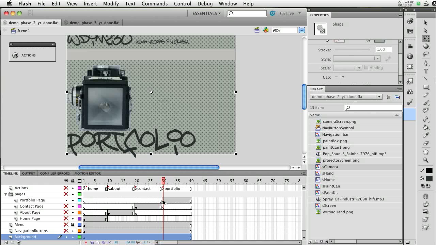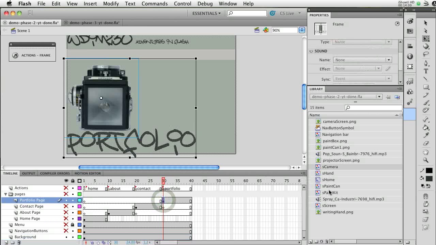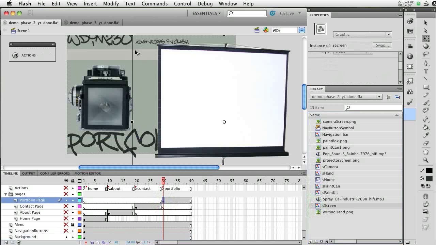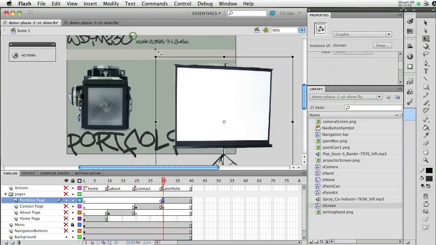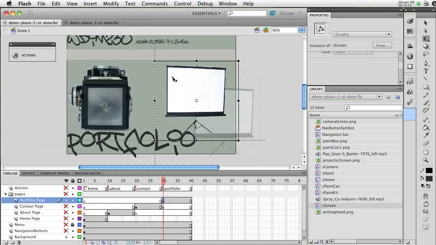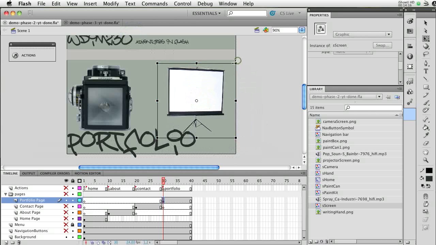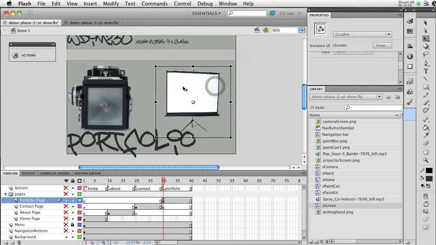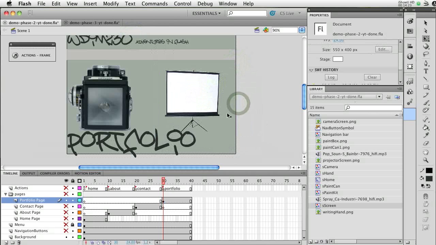And also I need to make sure I select this frame again and then drag my screen onto this frame as well, holding down the shift key to size it and position it just so. And I want to have an area to display videos later on and a little open space on the sides to put thumbnails for the different videos that I want to load. So this is reasonable for right now, and so my whole